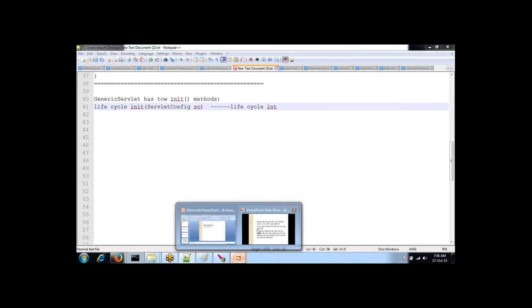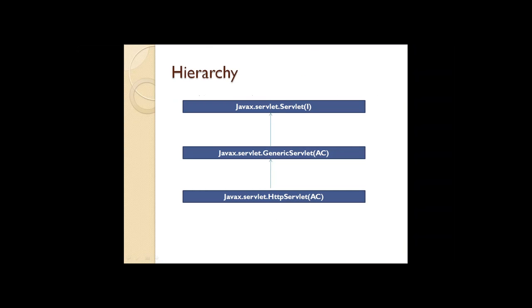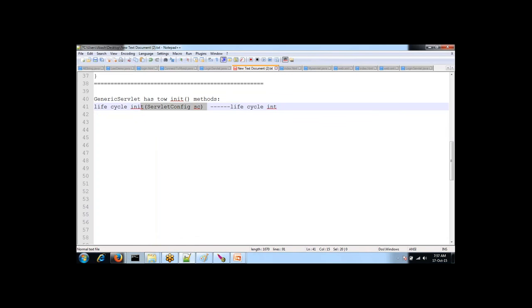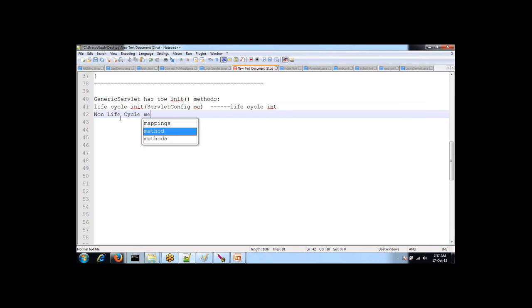servlet interface. Why are we talking about servlet interface? Generic servlet is implementing what? Servlet interface. So servlet interface is having init, service, destroy, get servlet info, get servlet config. From that, lifecycle init is given to this generic servlet. So the one lifecycle method which I have written right now is coming from servlet interface. Another method you have is its own method, in the sense a generic servlet method. That method is a non-lifecycle method,